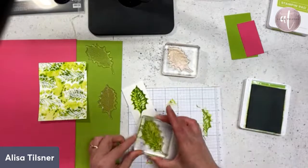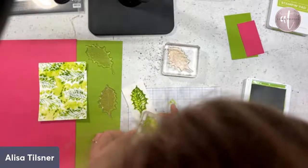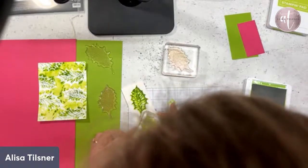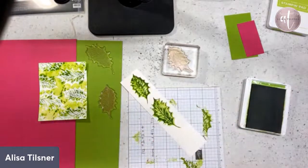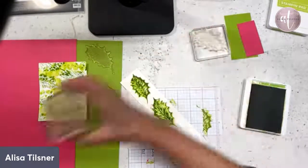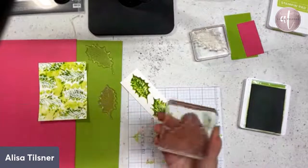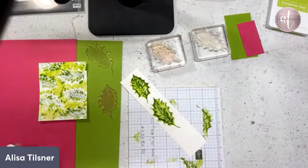All right, so now I'm going to stamp this one. And that's not lined up either. Oh, badly not lined up. I'm going to turn that over. I'm going to try and give that one a bit more of a clean. That's a bit better. Okay, and then I need some